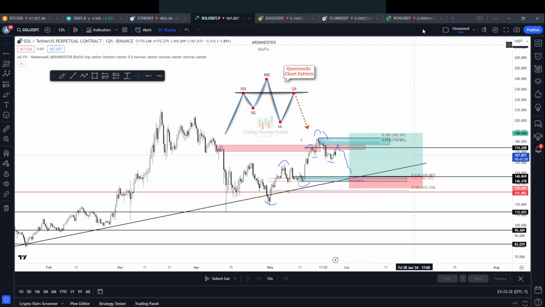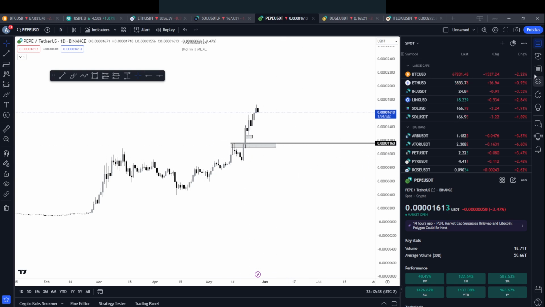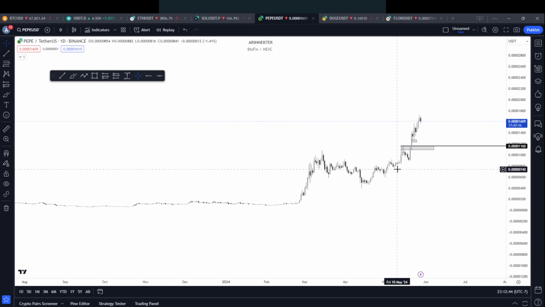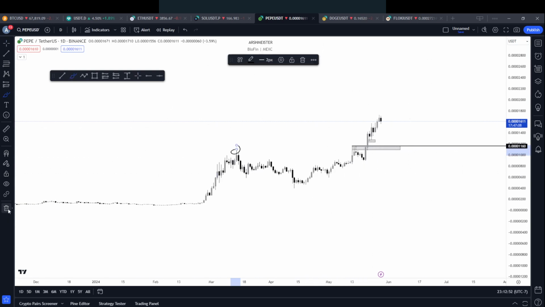Let's jump into the dog coins. We'll start off with Pepe first. Okay. So when a coin goes into price discovery, that high always gets touched. Okay, what do I mean by that? So